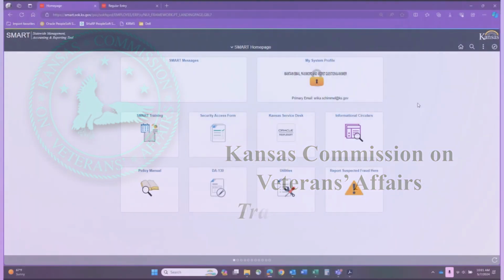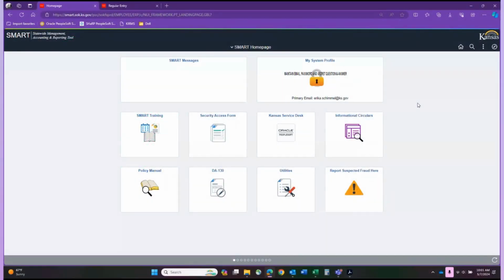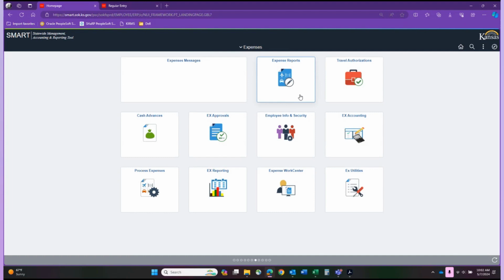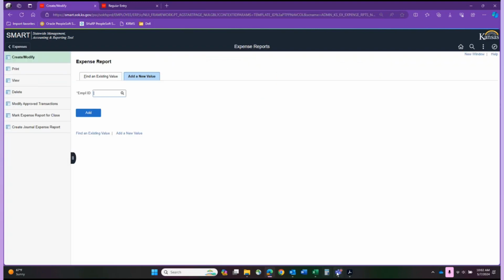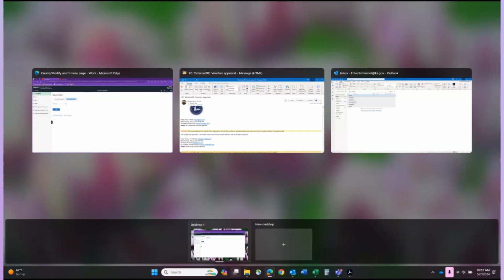For everybody who messes with SMART, we start out on the home page and you go down to the drop down and you go to expenses. Now, I know most of you have this knowledge, but since this is training, we're going to go through the basics and everything. We're going to go to expense reports, and I have quite a few